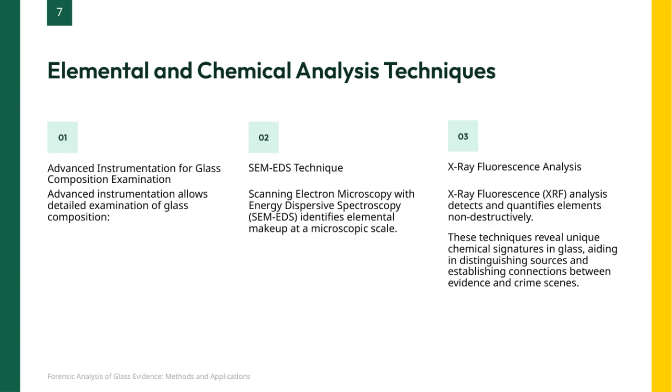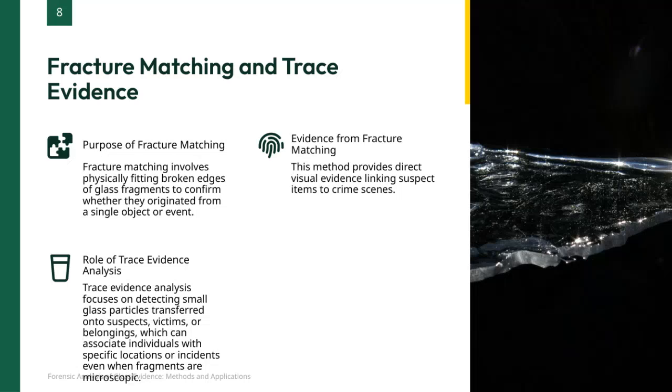Another important technique is X-ray fluorescence, or XRF analysis, which detects and quantifies elements without damaging the sample. Together, these techniques help reveal unique chemical signatures in glass, enabling us to differentiate sources and establish important connections between evidence and crime scenes. Fracture matching is all about physically fitting broken pieces of glass back together to see if